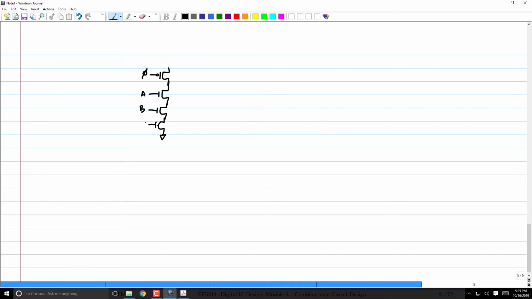A, B, 5. Right, and I'm going to connect it to the clock here. This is my inverter. This is my footer clock. Y. I want Y equal to A into B. This is what I want it to behave like. Will this circuit work?